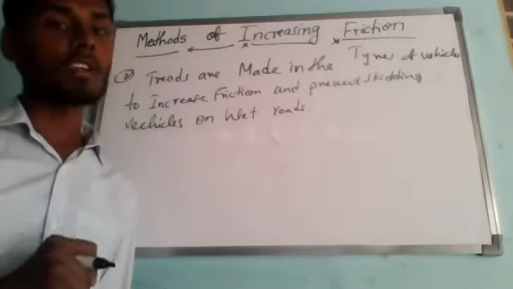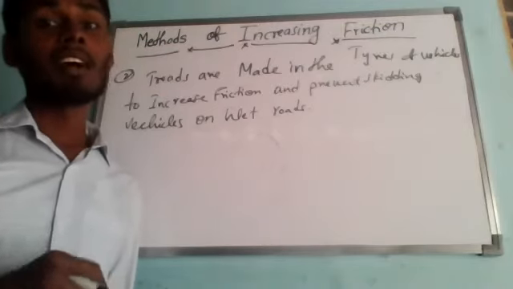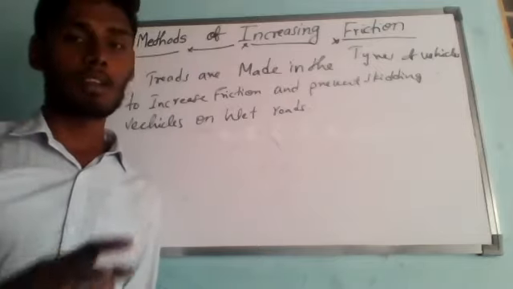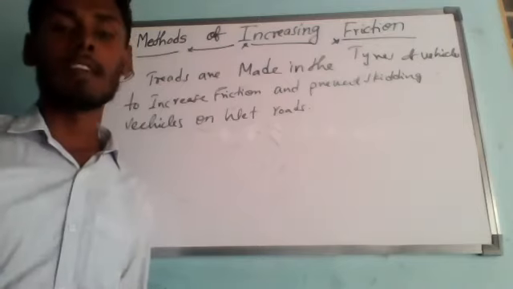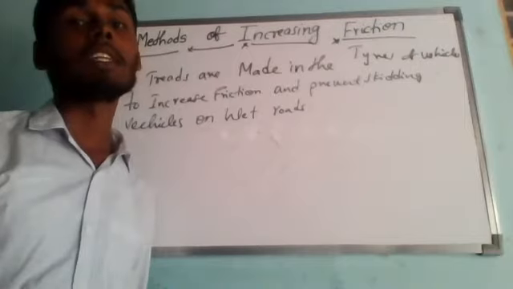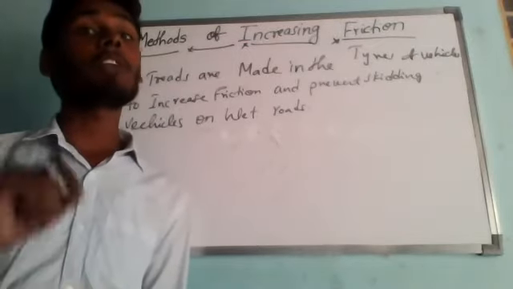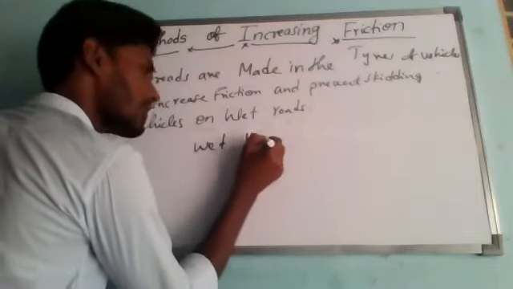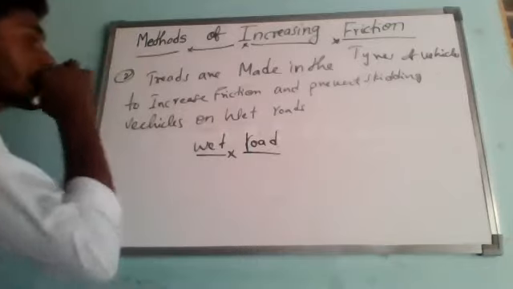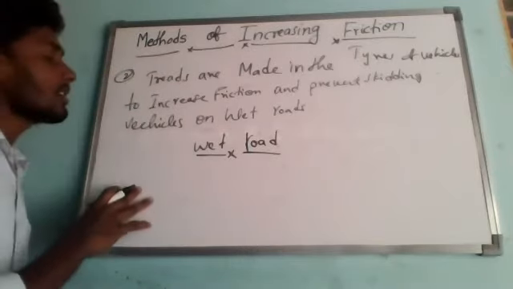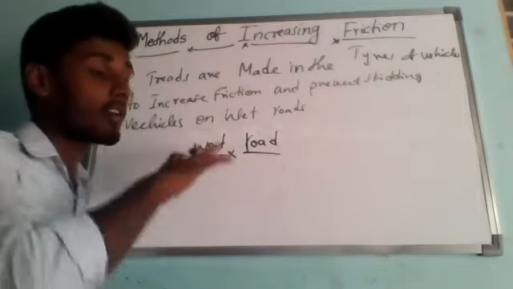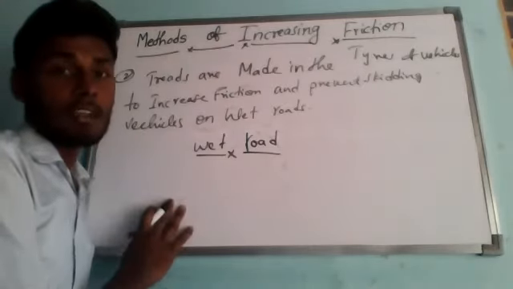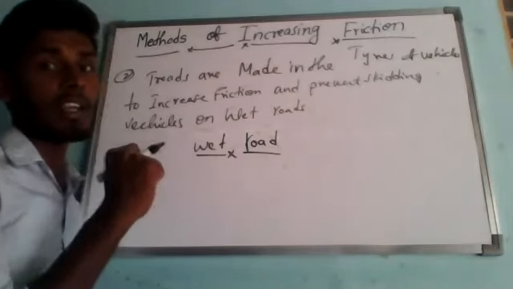The reduced friction between tires and road increases the chances of skidding of a vehicle on a wet road, especially when the brakes are applied suddenly. So the possibility of skidding increases. Due to this, it becomes difficult to control the running vehicle on a wet road. Even on a normal road, when your tires are not in good condition and you apply the brakes suddenly at high speed, it will definitely cause skidding.